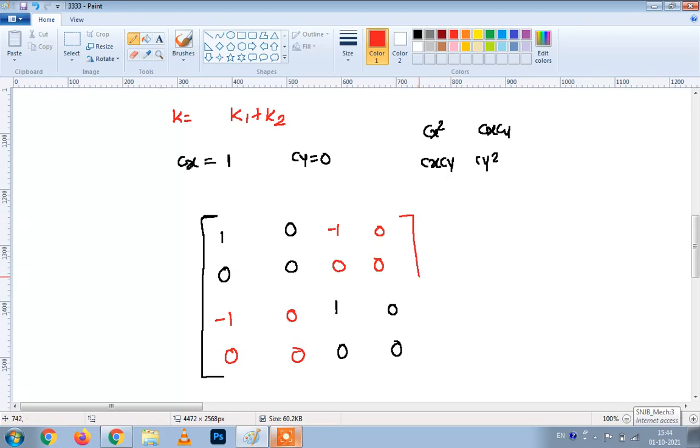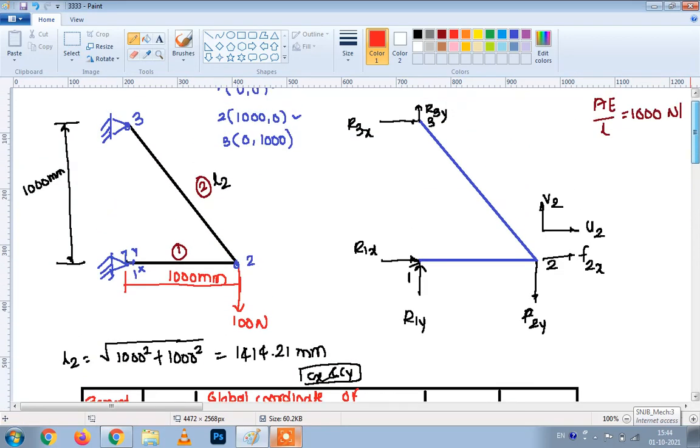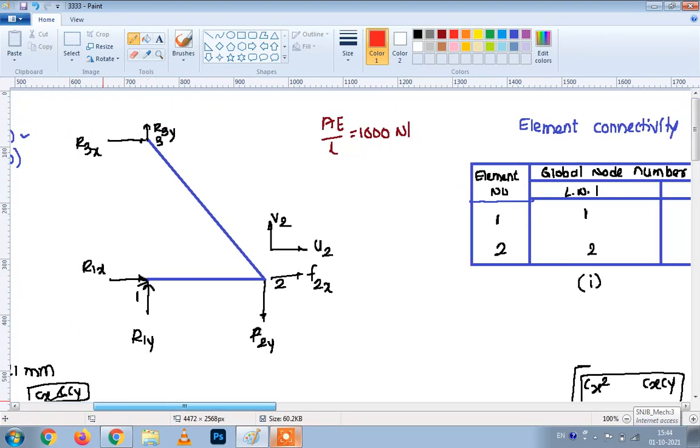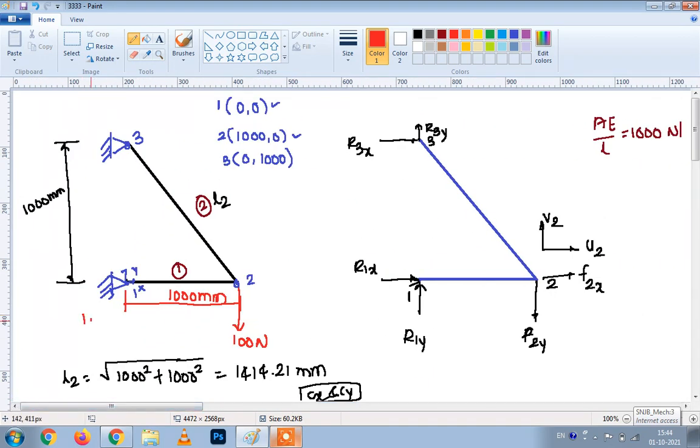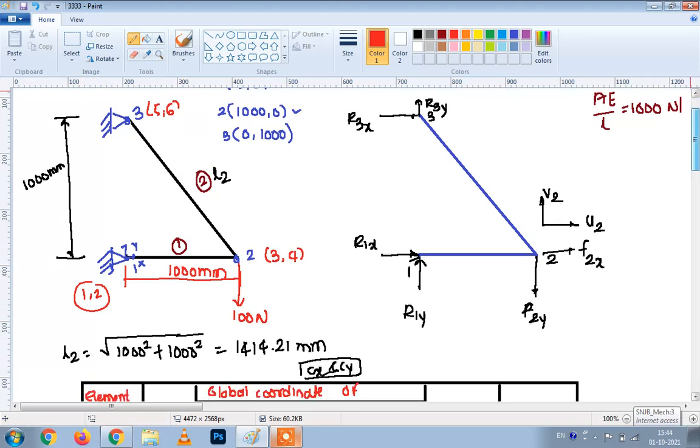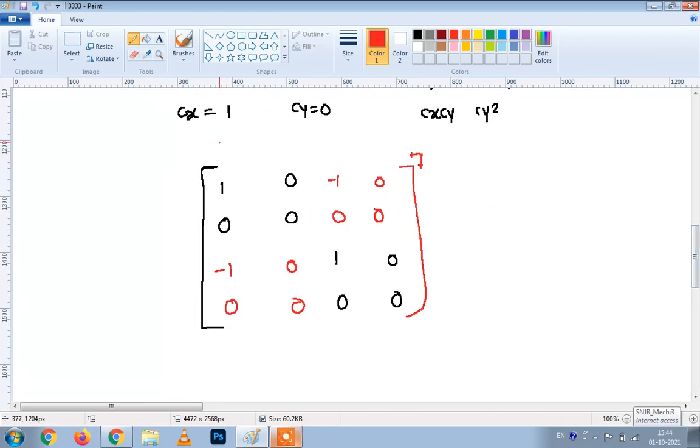Now we have to write down, and it is important, the degree of freedom. The total degree of freedom for this structure that we have calculated is 6. So how is this value of 6 calculated? 1, 2, here is 3, 4, and here is 5, 6. It is distributed like this. So element number 1 is connected between nodes 1 and 2, so simply write down here 1, 2, 3, 4, 1, 2, 3, 4.